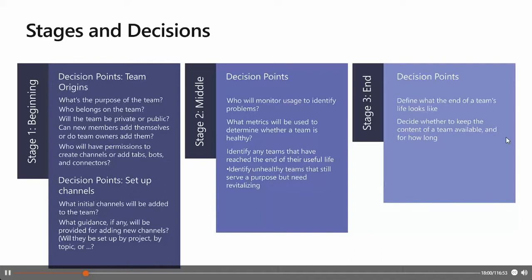And at stage 3, the end stage, obviously we need to talk about the definition of what the end of a team's life looks like. So when the work of a team has run its course, it's important to formally acknowledge that it's over, like we also talk about sunsetting a team. This gives team members a sense of closure and also prevents anyone from accessing outdated or stale information, for example. You can use the team itself to conduct closure rituals like postmortems and executive summaries, for example.